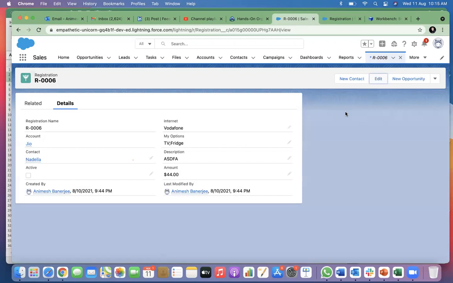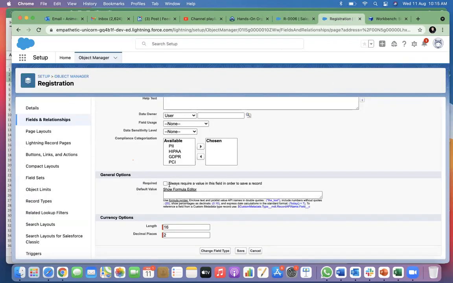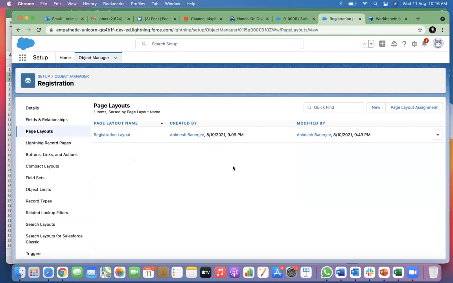So the problem with making a field mandatory at the field level is that it will become mandatory everywhere. If you have multiple layouts, it will become mandatory for all layouts and you cannot change it. You cannot make it non-mandatory in a layout. It will also become mandatory if you want to upload that value or create that value using Workbench.